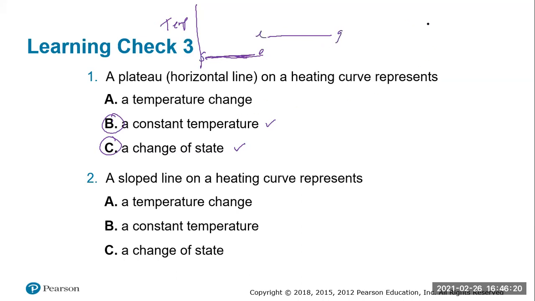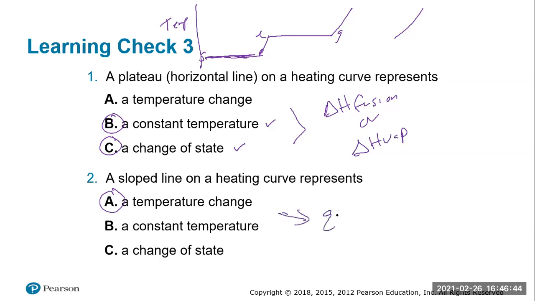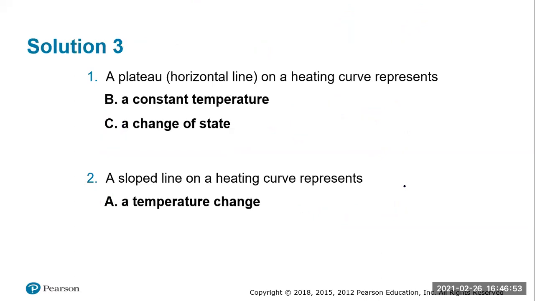A slope line, which are those lines in between coming upwards, is when we keep the state constant, but we do change the temperature. So again, this is where we would use either the delta H of fusion in the calculation or the delta H of vaporization, depending on what calculation you're doing. This would be where we would use Q equals m s delta T if you were doing that calculation. Now we got there, it's good.